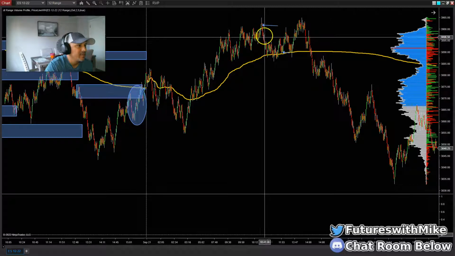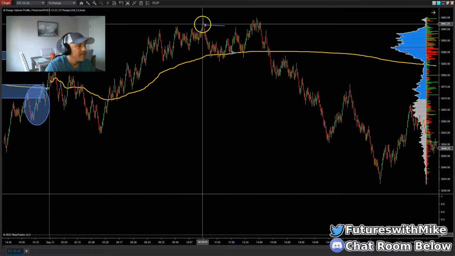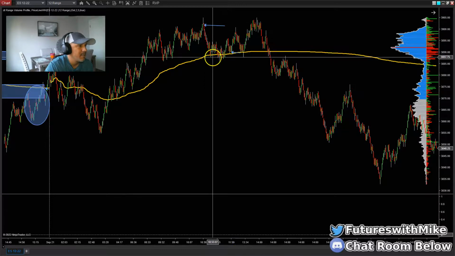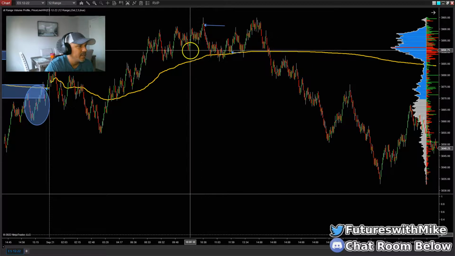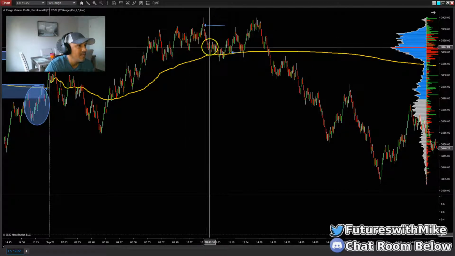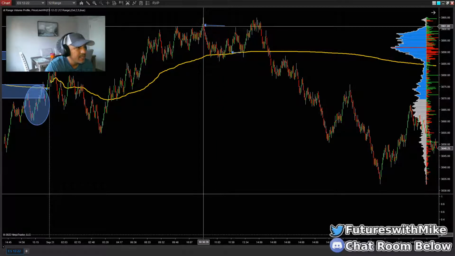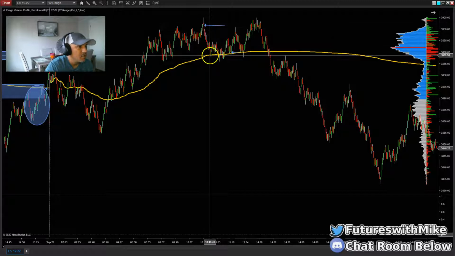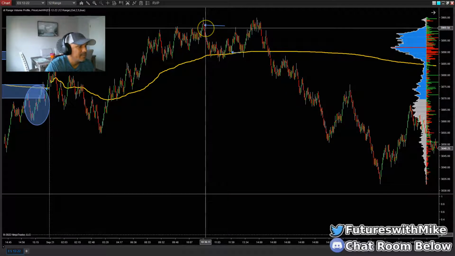It left behind a good area of supply. Why? Look at all the aggressive selling that came out from the top here, back down to the bottom right here as it makes a run to the downside. Taking out this swing, there's a support sitting right here. So it's taking out structure, moving to the downside, aggressive selling. What do you think is going to happen when price comes back up here? That's an area of supply. So take a look. It eventually does. It comes right back to that area and taps into it.